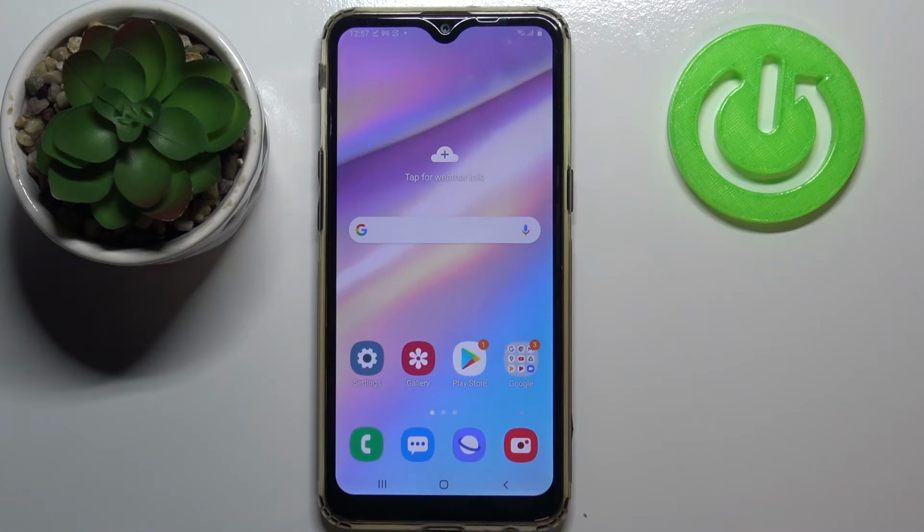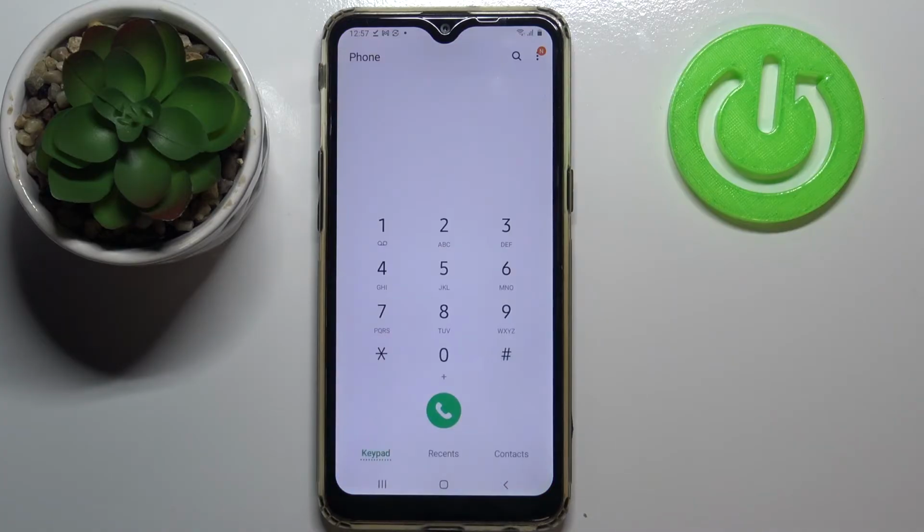Hi everyone, here we've got Samsung Galaxy A10s, and let me share with you how to check IMEI and serial number on this device. So actually we've got two different ways to check those numbers. The first one is using a secret code, and it is, let's say, an instant way, and the second is using the settings. Obviously I will show you both, but let's begin with the dialer and let's enter the code,